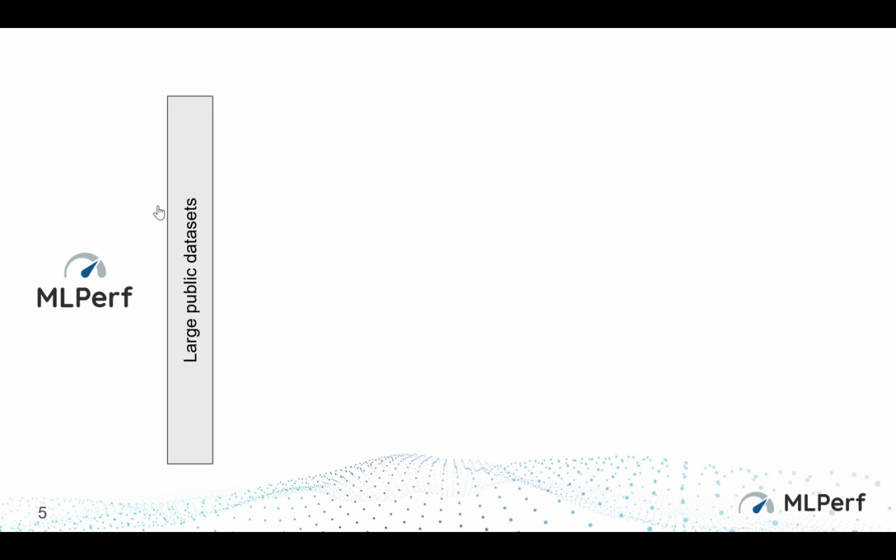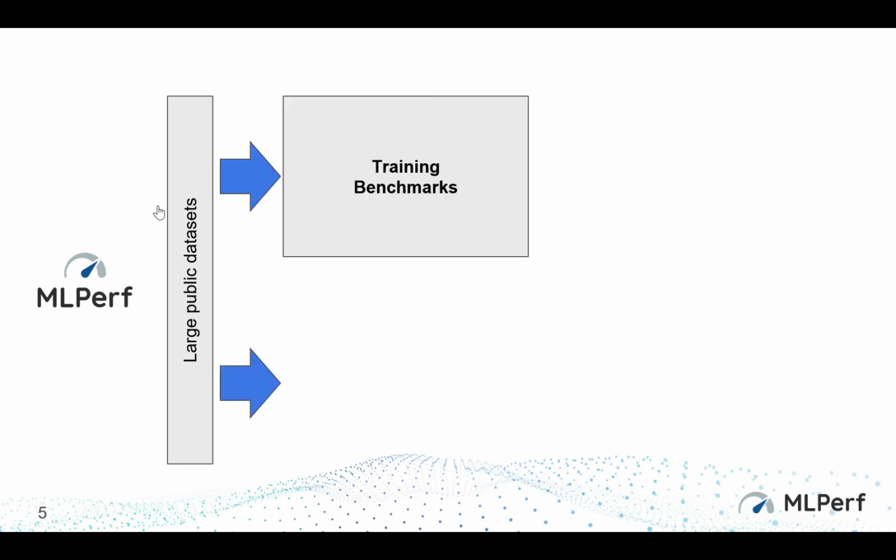The way we do the benchmarking is effectively taking public data sets. Nothing is proprietary. You cannot have some sort of number that's out there that says, well, it's based on some internal data set. So we start with publicly accessible data sets, and we put out training benchmarks, right? And we also put out inference benchmarks. Now, the inference benchmarks are the ones that are quite relevant to this community, because we're not really going to be doing training on our AI chips in tinyML context.